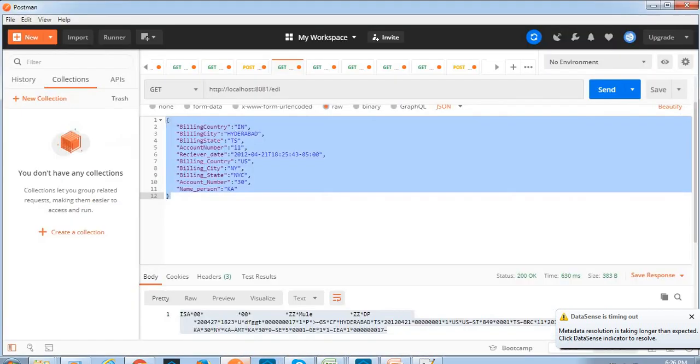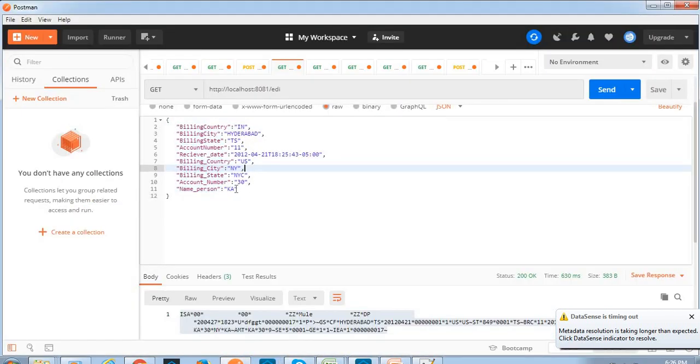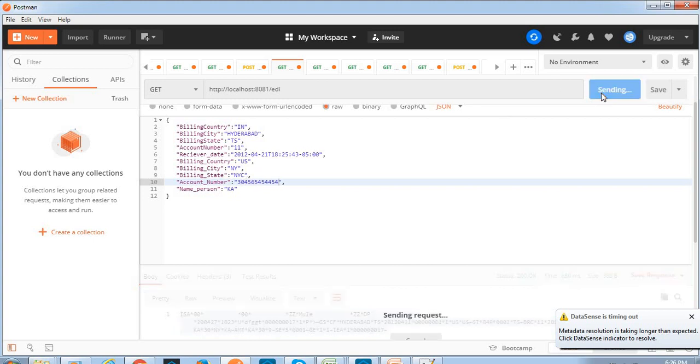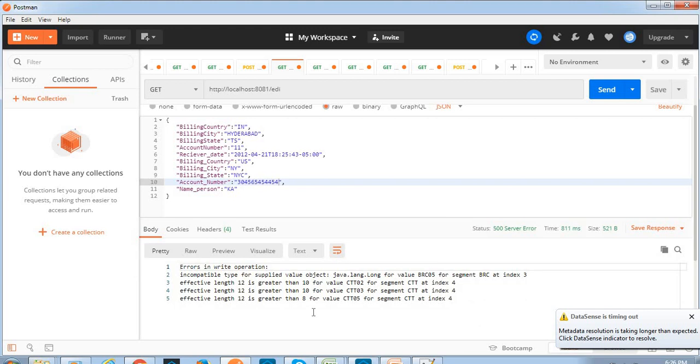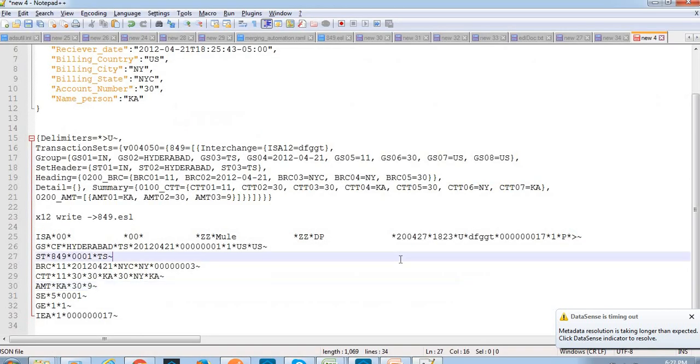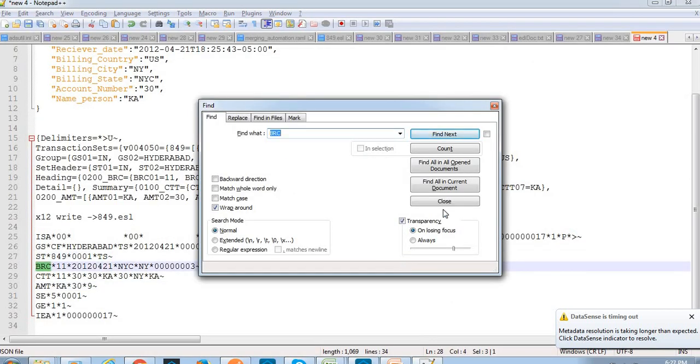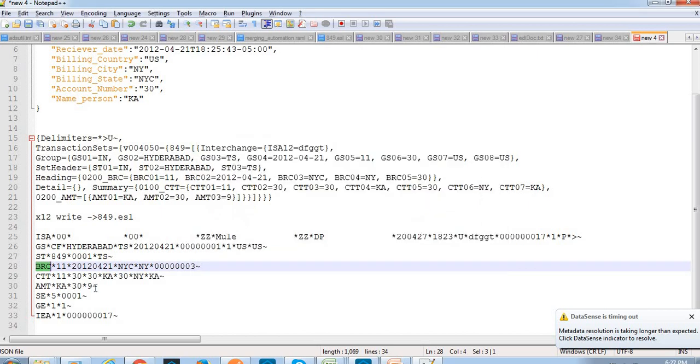Okay, let me show one more thing. Let me give the account number. If I make the request, we'll get an error, so we have to provide a specific length for the given account number, and only then will it process.